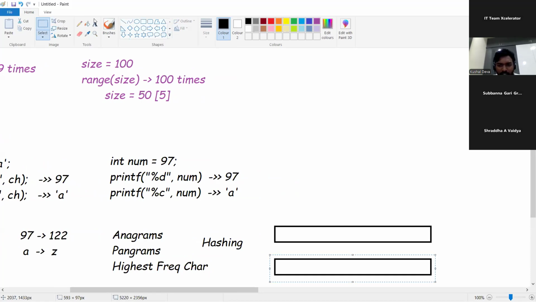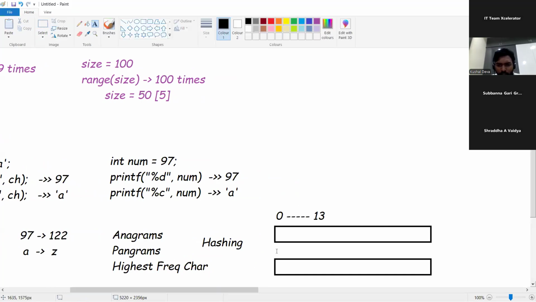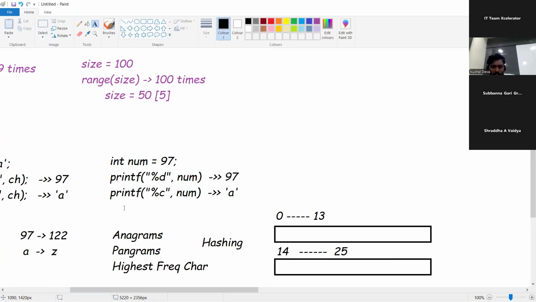Let's say here I'm maintaining 26 only, considering just the lowercase. Let's say you're trying to hold it in this way. But what exactly will you try to do? We know that lowercase a has the value 97. But you can't take an array size of 123 and only occupy 97 to 122. It's no use having the indexes 0 to 96.